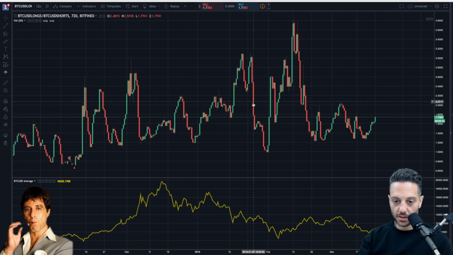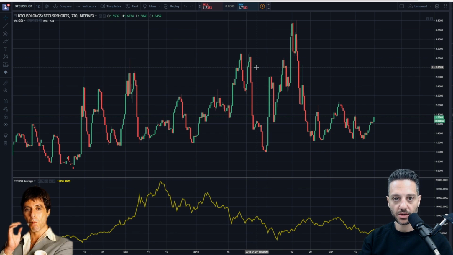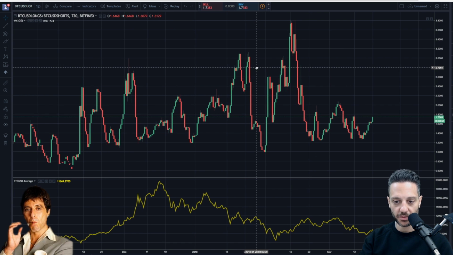So what I mean by being able to see a little bit into the future is this. You see that we see a huge drop off right here. And this is, again, a 12-hour chart. I find that this indicator works best on longer term charts. In crypto, yes, 12 hours, 8 hours, a day, those are considered longer term than the 1 hour or 15-minute or 30-minute, for instance.